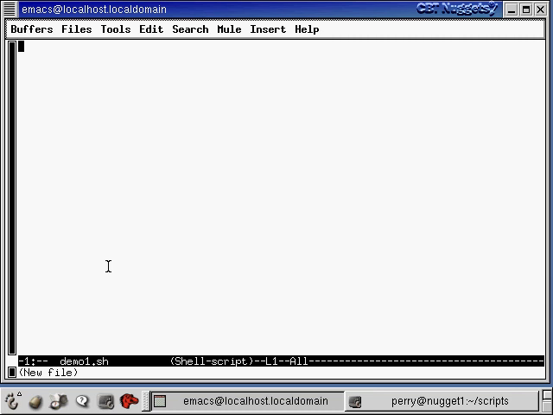Okay? So now every shell script must start with what we call a shebang. And a shebang is just a fancy name for a sharp sign followed by an exclamation mark. And after the shebang, what you do is you put the path to the shell that you're going to use. Now I'm going to use the bash shell. That's certainly the most common shell in Linux, the most common scripting language in Linux, and that's the shell that